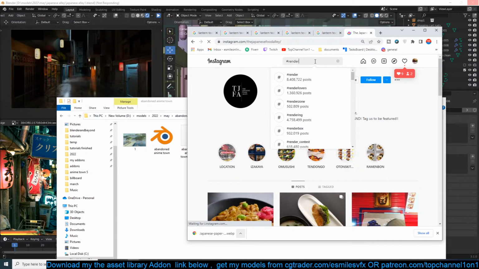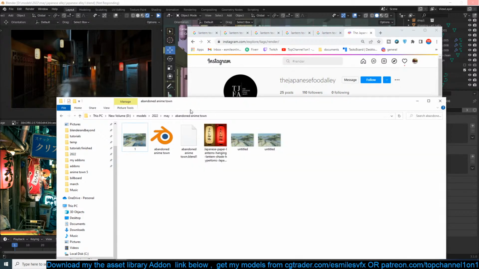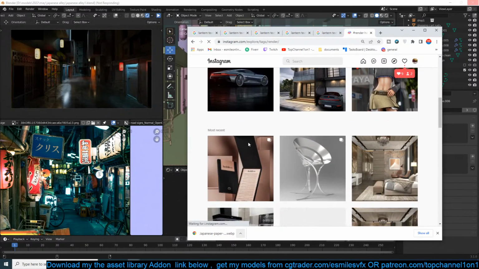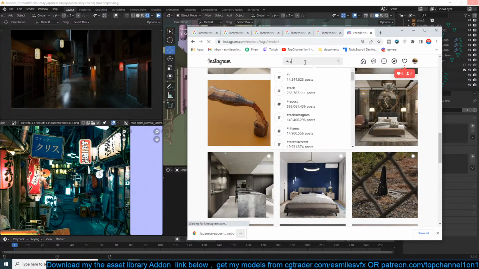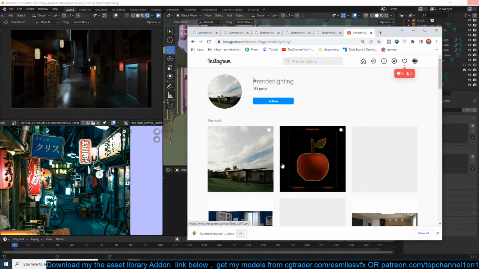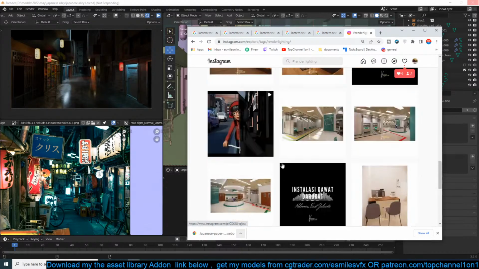By the way, you can go to my Instagram if you want to see the final renders of what we make. Yeah, the images are still optimizing, so let's do render lighting. I want to see if we can get some good lighting.